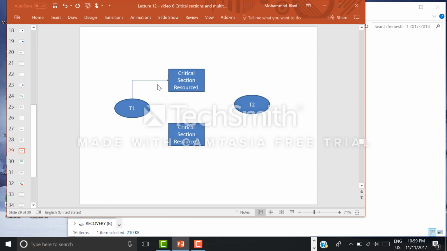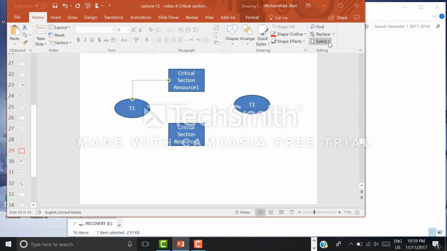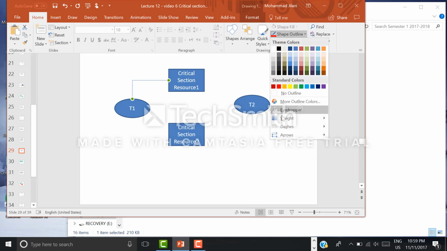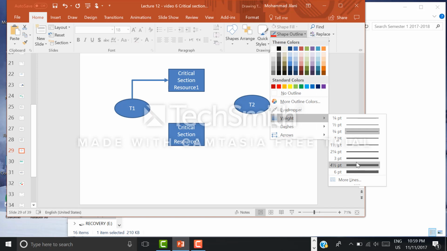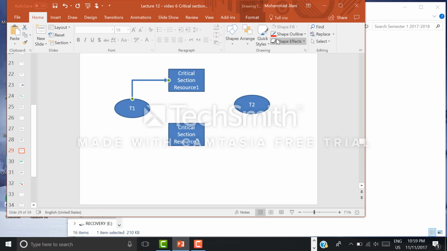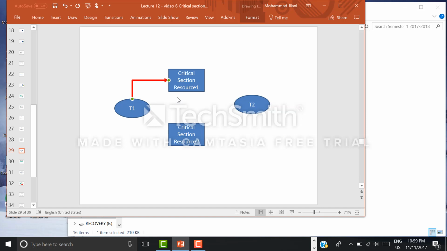Thread 1 is asking, this arrow means it's asking for. So thread 1 is asking for critical section, and